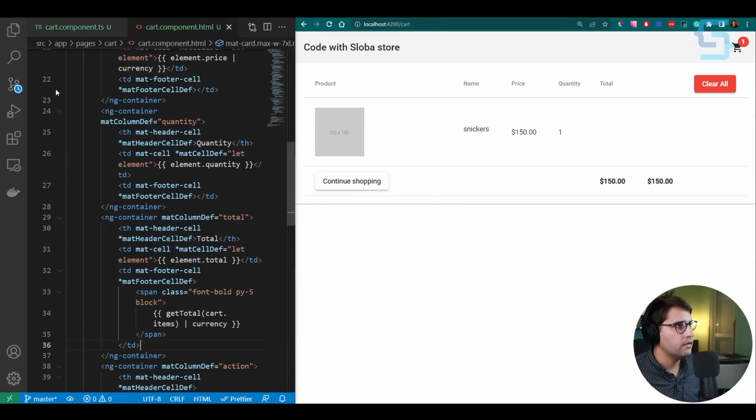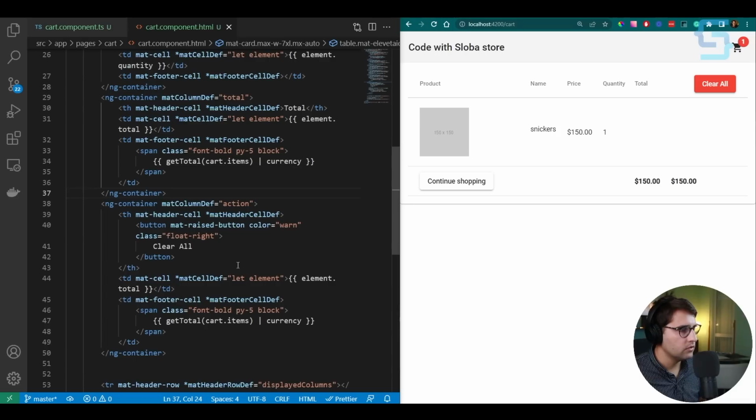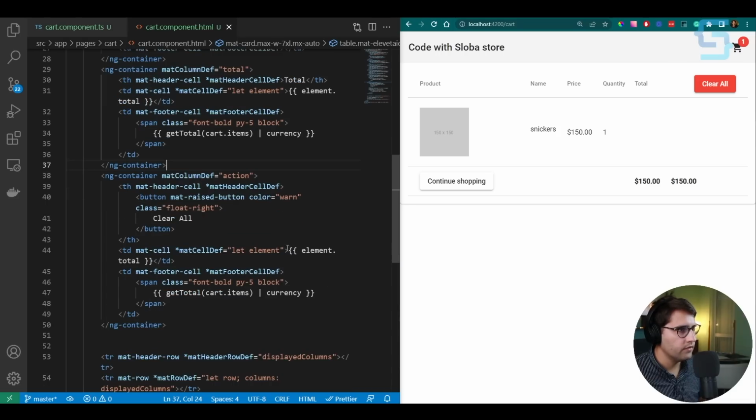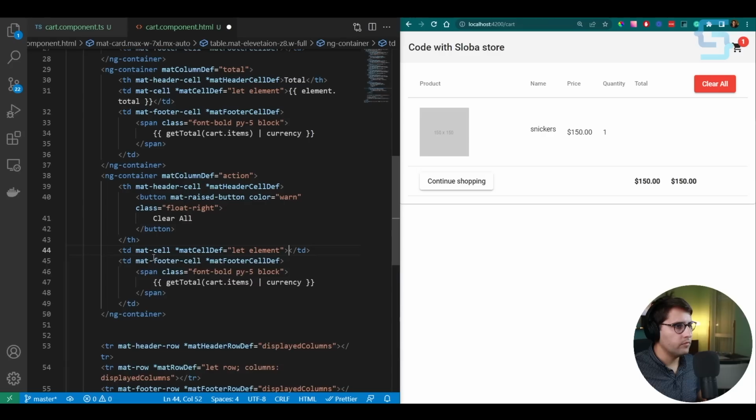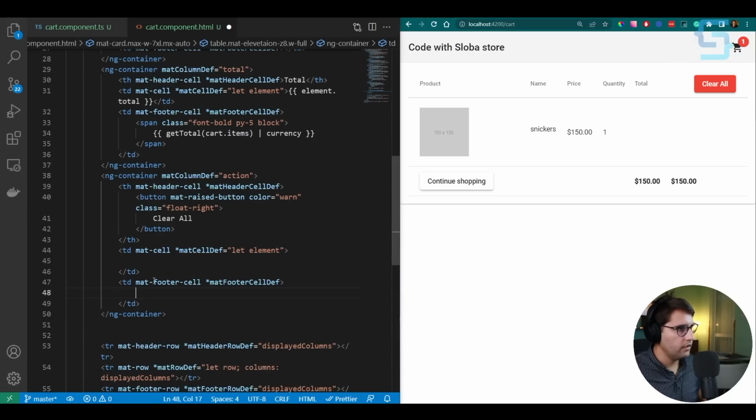What I wanted to add apart from the buttons on top, I want to add buttons per row as well here. So let me just find that. So here, instead of the element total, okay, I can remove that. And here on the bottom, I can remove the total as well. And here we want to add an icon. So basically inside of the button,